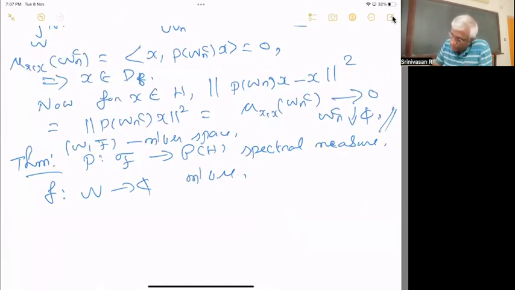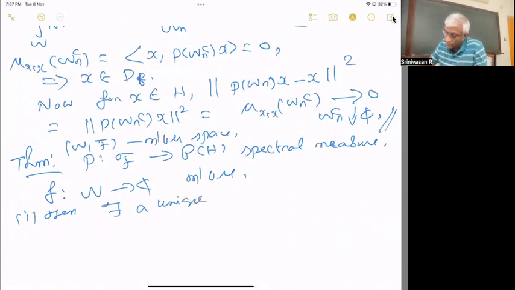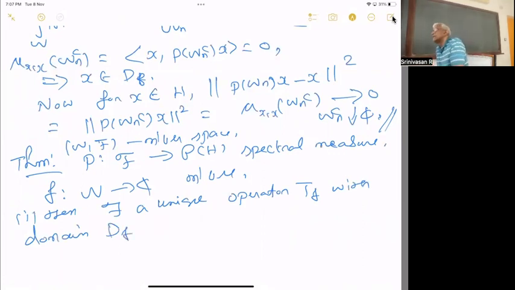Then there exists a unique operator, let's call it T_f, with domain D_f, satisfying